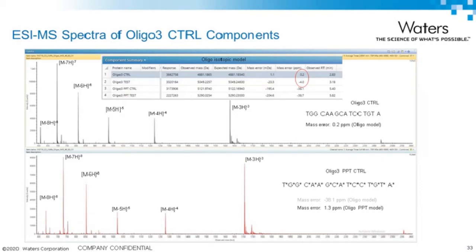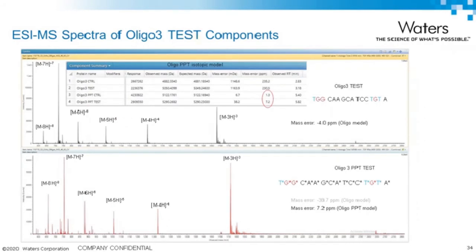In the case of the regular oligos, we can obtain a very good mass accuracy upon deconvolution, 0.2 parts per million. And if we use the phosphorothioate oligo model for deconvolution, then we can obtain very good mass accuracy for the modified oligo. If we don't use the PPT model and we use a regular oligo model for a phosphorothioate, then we don't obtain very good mass accuracy as shown in gray. The mass accuracy is minus 38 ppm. So definitely we really need this PPT isotopic model in order to obtain accurate deconvolution data.